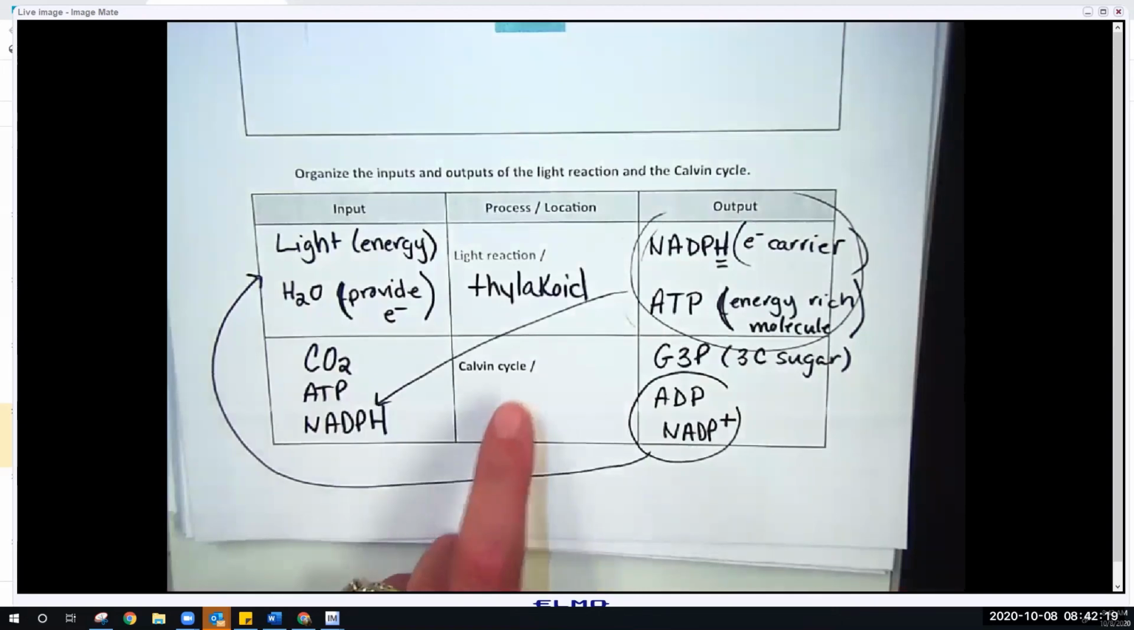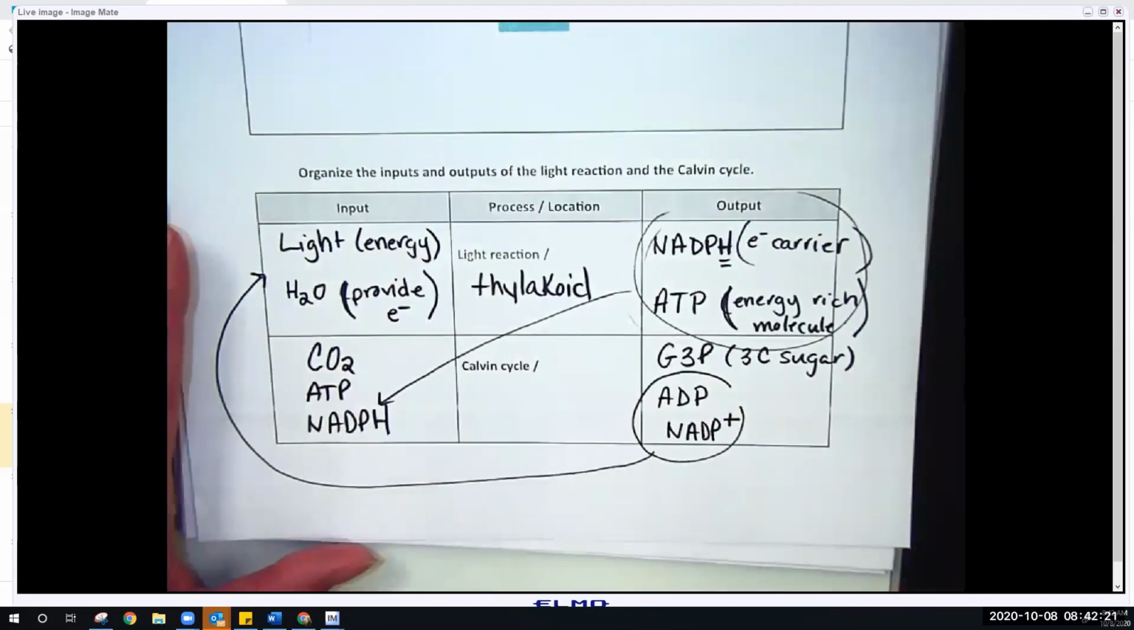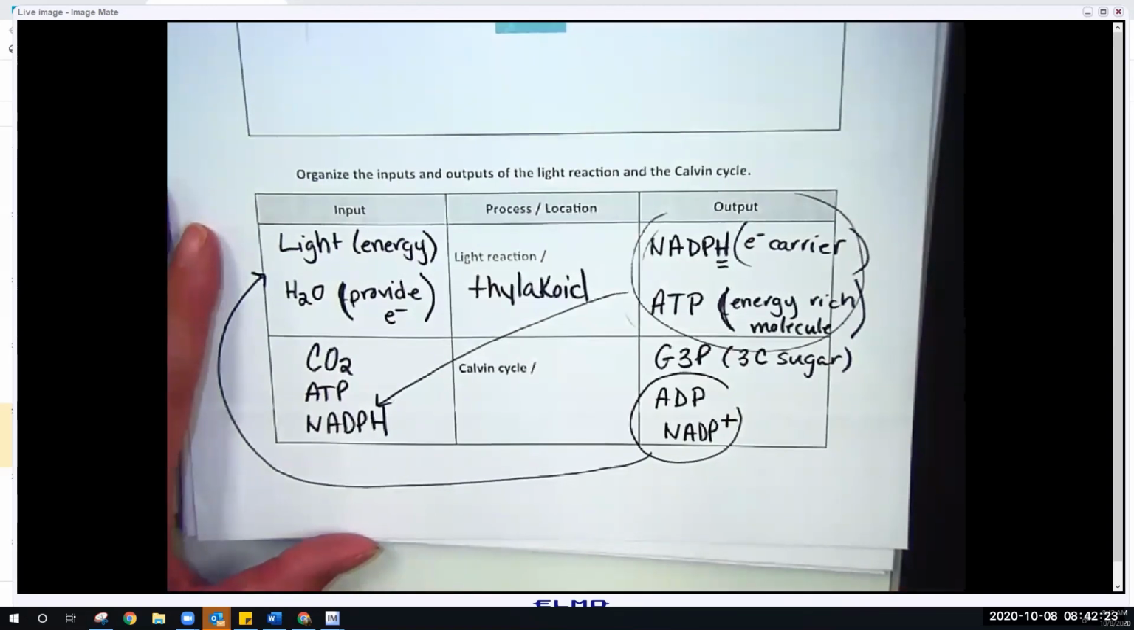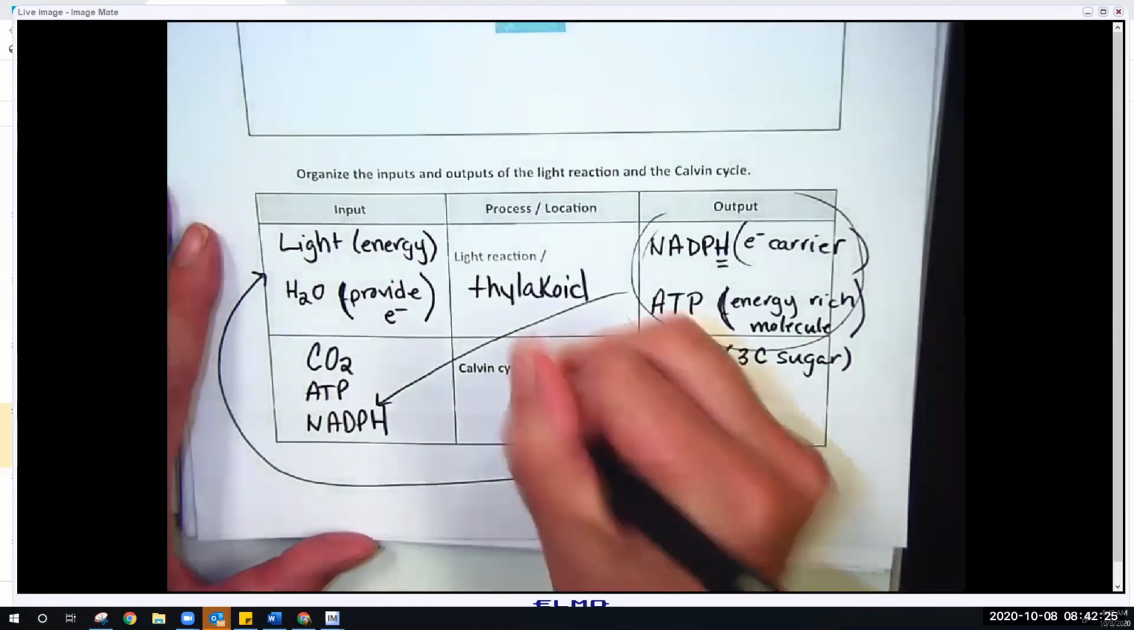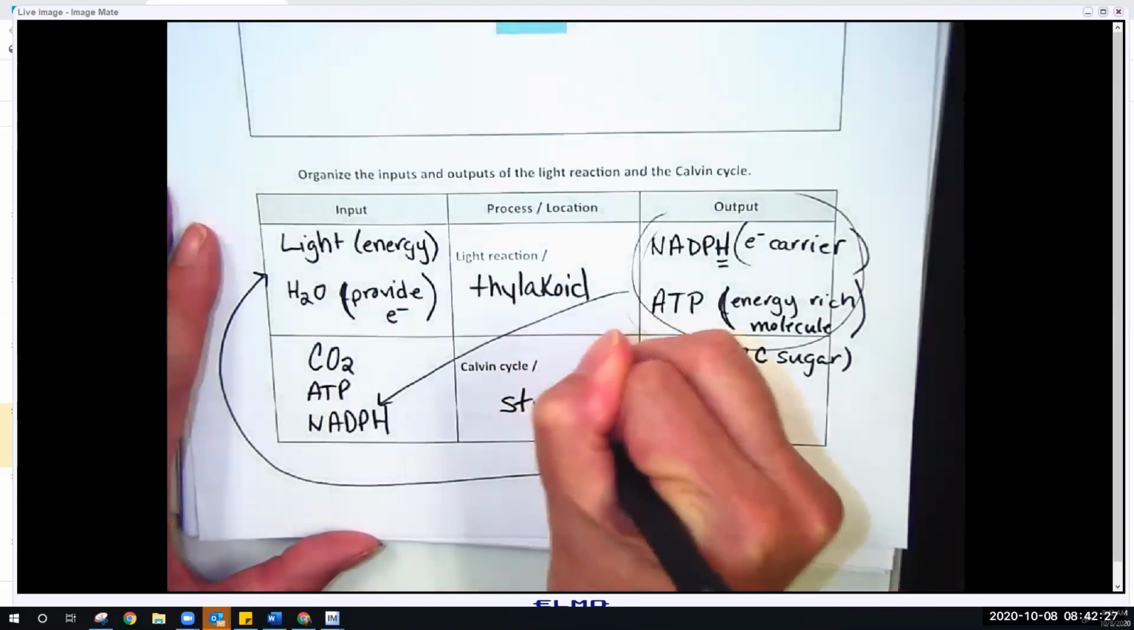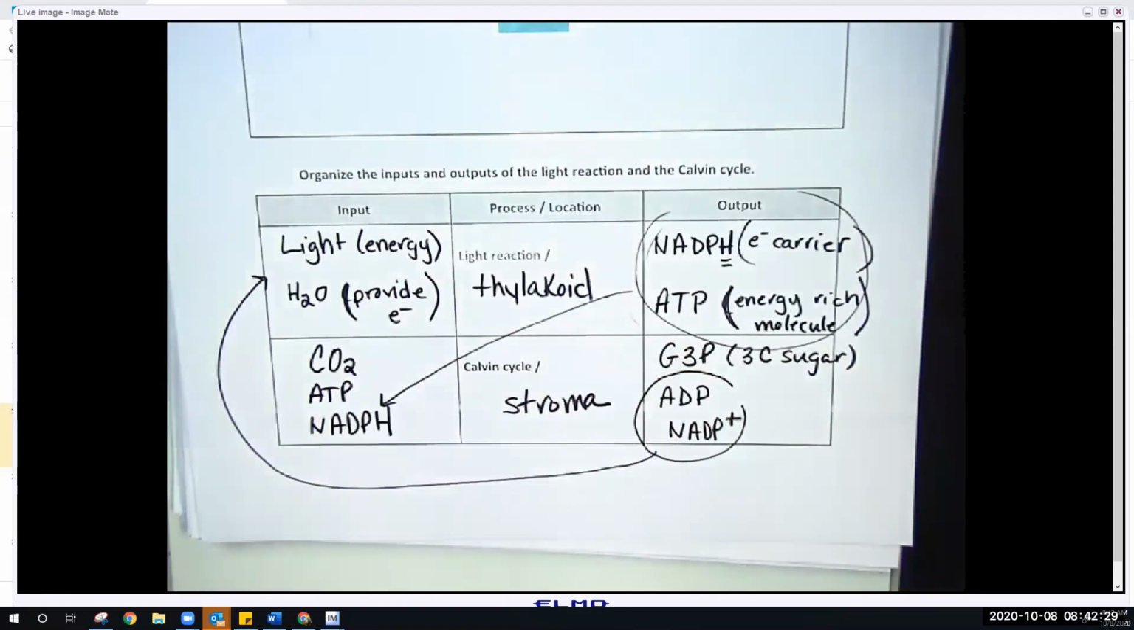Ashton, where does the Calvin cycle happen? Doesn't it happen in the stroma? It does. Great job, guys. Tomorrow